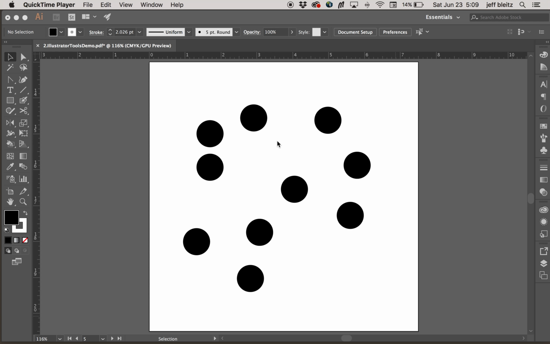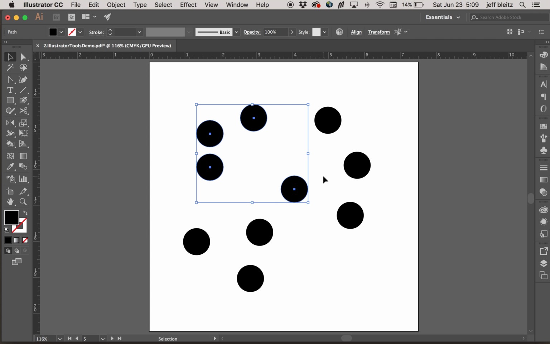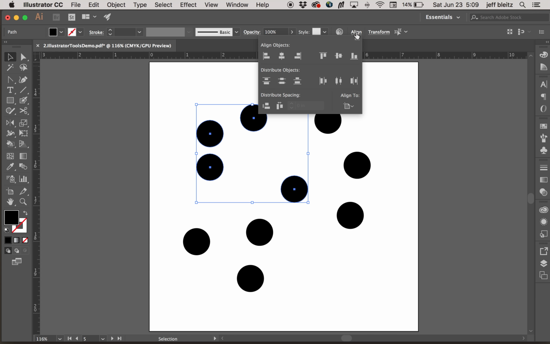Once I've drawn several items on the page, I may want to align or distribute them evenly within the space. So I can do that using the Align and Distribute tools. They should show up automatically if I select more than one thing. So if I drag across these four circles, I can come up here and see that there's Align, and I